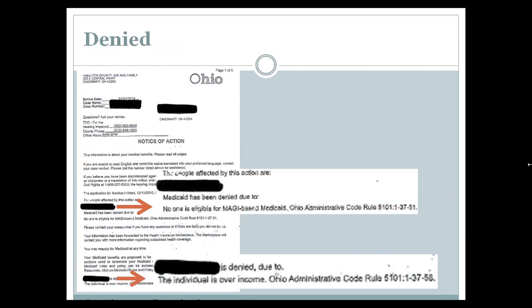All right, so we talked about the good news. Those are the approvals. But here's the other side of the coin. What happens if you get denied? Anyone who applies for Medicaid in Ohio should receive a letter informing them of their approval or denial of coverage. Page 1 of the notice looks like this. This is an example of a denial. The red arrows point to the sections of the letter that detail the reason for the denial. The bottom box is the most descriptive. So-and-so got denied because the county determined that they were over income for Medicaid.